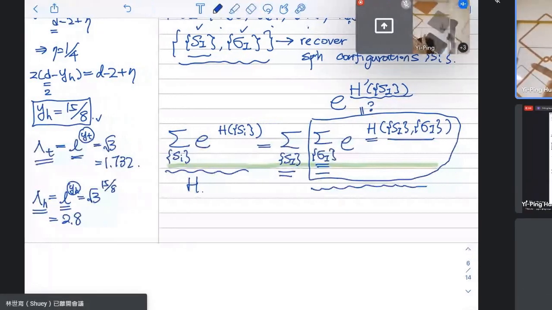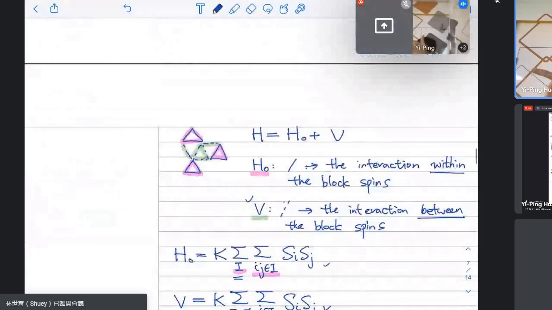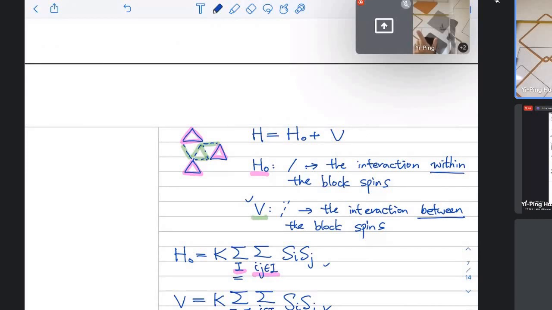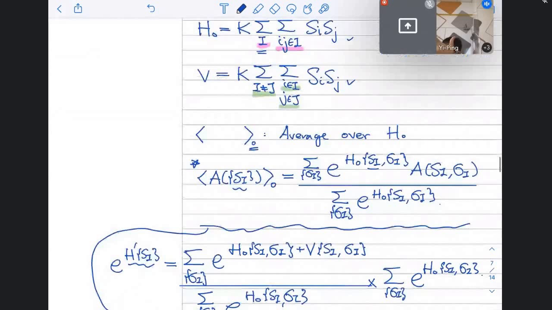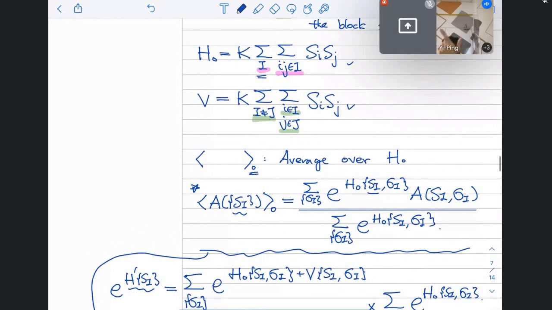Okay. Then we said, in order to do that, what we did is that we divide our Hamiltonian into two parts. One is described by these pink triangles. Basically, they are decoupled triangle parts. And the other is described by these green bonds. And these green bonds basically couple these pink triangles. Then what we are doing is that we are saying, suppose we treat the coupling